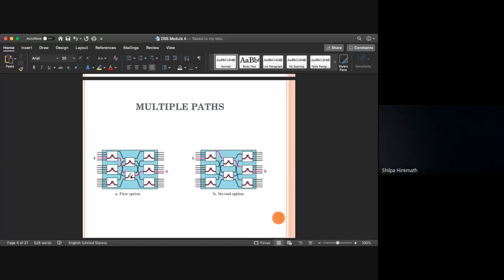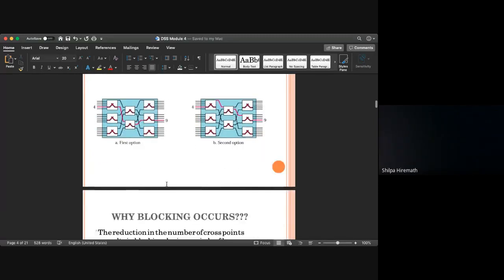The pink line, whatever you can see, is one of the paths which is connecting 4 to 9. The other path can also be 4 connected to 9 using the alternate route. So there are multiple paths for giving the connectivity between the input and the output.